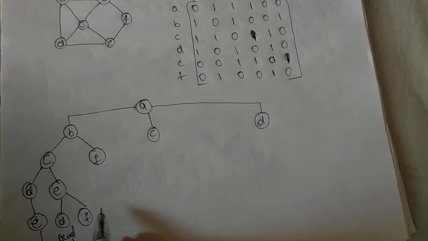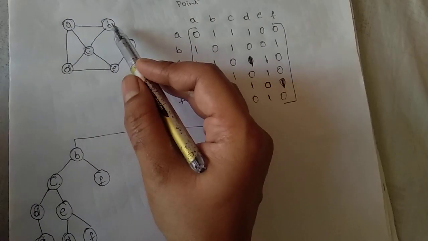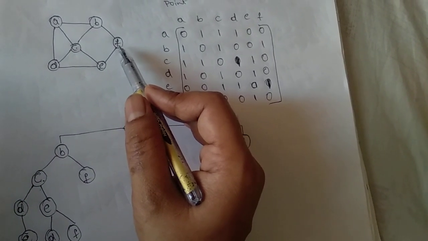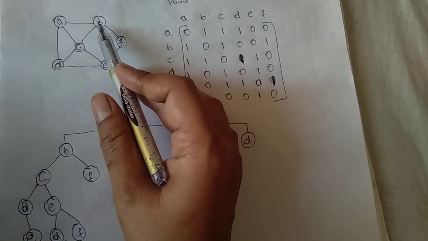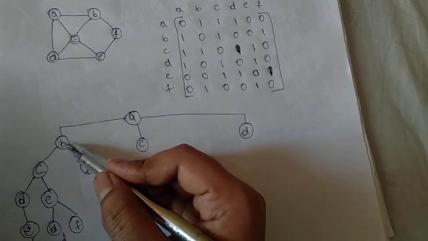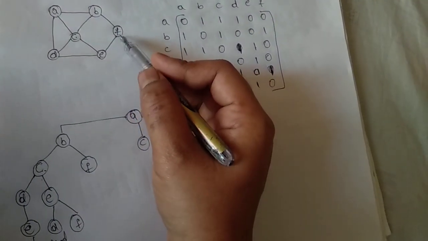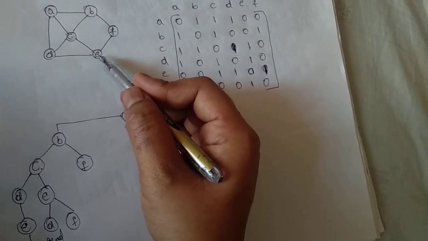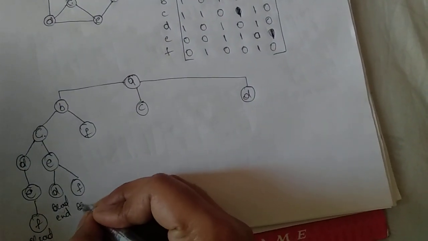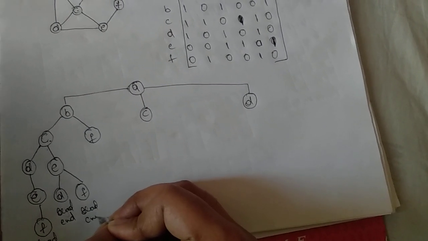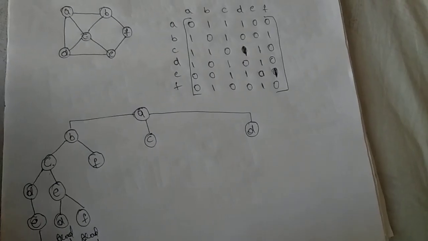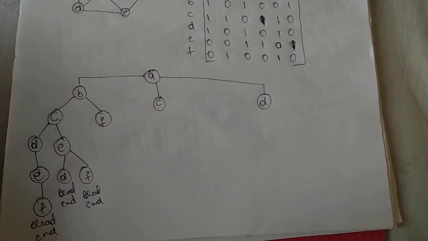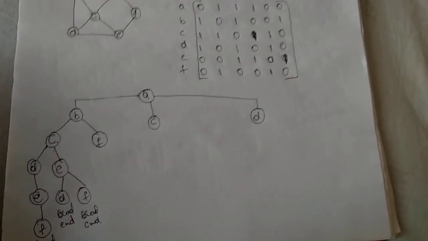Next, here, F, A to B, B to C, C to E, E to F. If you want to reach A, it has to go to B, then A. But already B is present. Or one more way is from F, it has to return back to E. Even that is also not possible. So again, this is also a dead end. From B to C, if you go, then we are just sure that we will not get any Hamiltonian cycle.